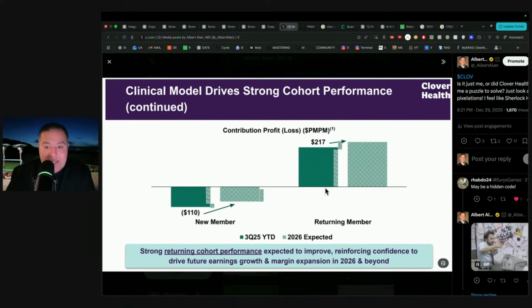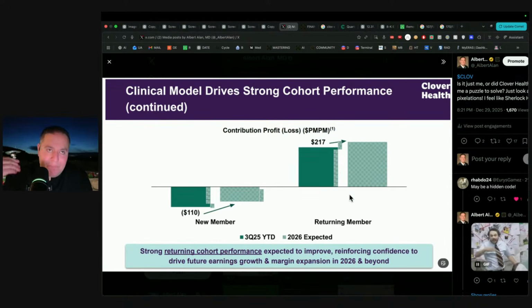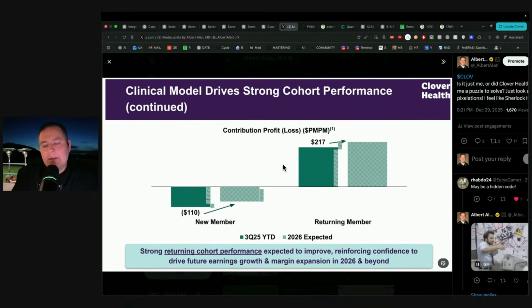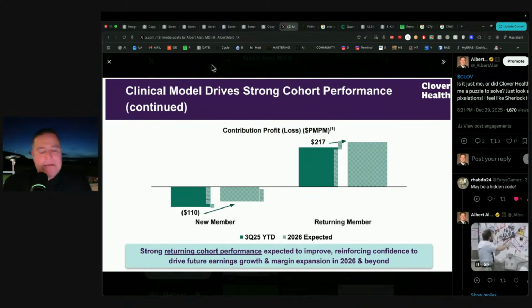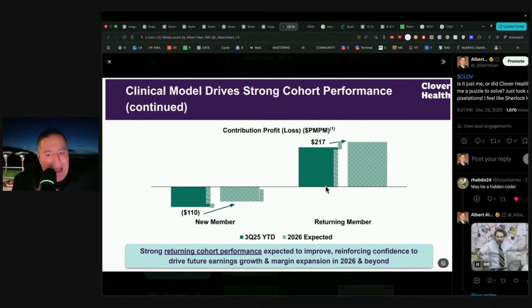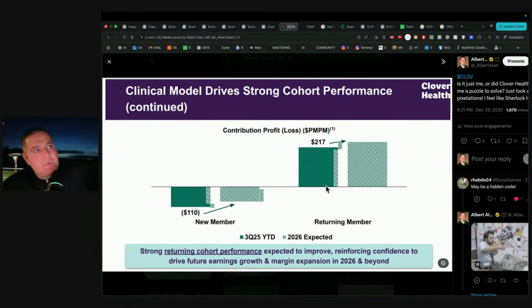probably Part D maybe. So you know what this means? Again, I'm peeling back onions here, and I'm thinking out loud. So why is this up? I got it now. It's because it's Part D. Part D is in this stupid thing. So the reason why returning members dropped is because Part D screwed it up. Part D increased this by a lot.